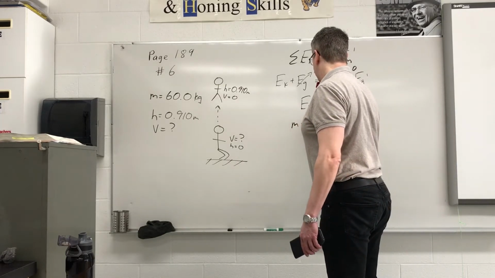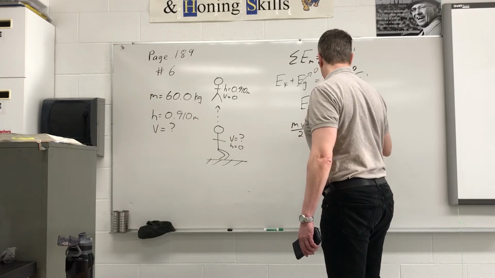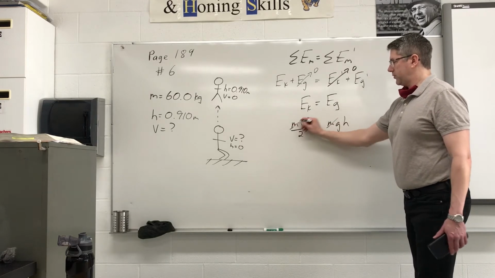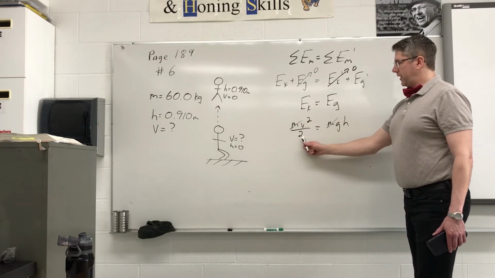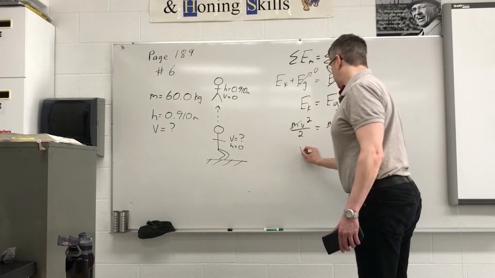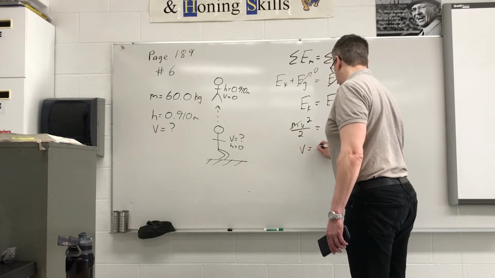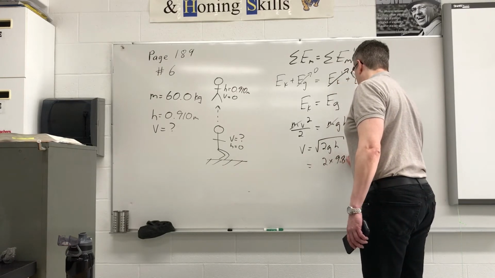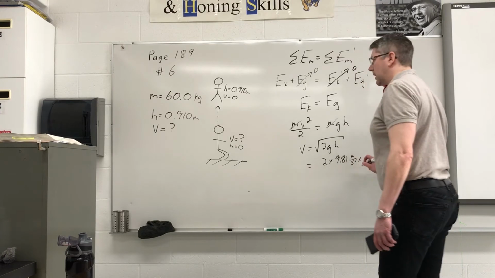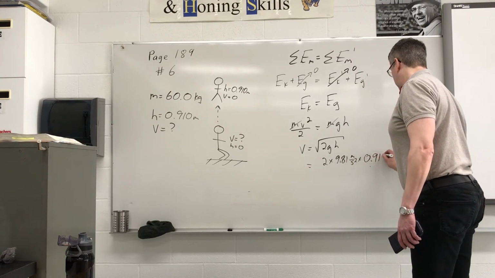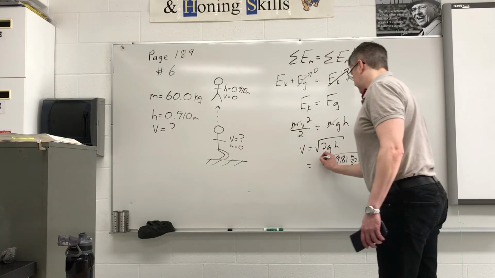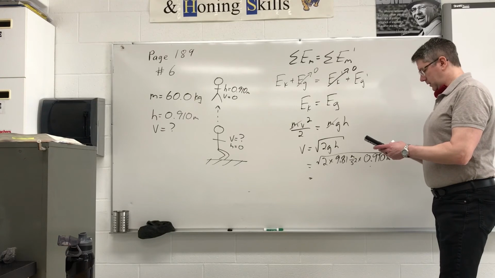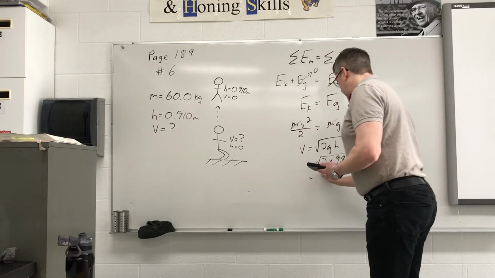That gives us mv squared over 2 equals mgh. Mass of the athlete doesn't matter because it cancels out. We divide both sides by m. Since we're looking for v, we multiply by 2 and then square root. So v equals the square root of 2gh. That's going to give us the square root of 2 times 9.81 meters per second squared times our height of 0.910 meters. So square root of 2 times 9.81 times 0.91 gives us a value of